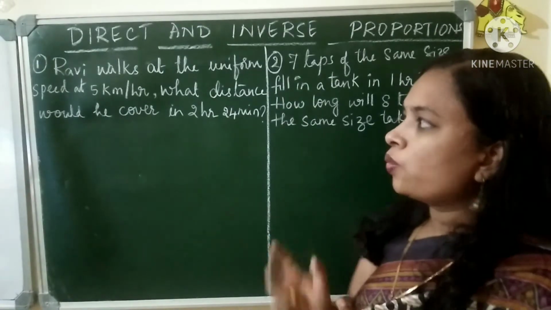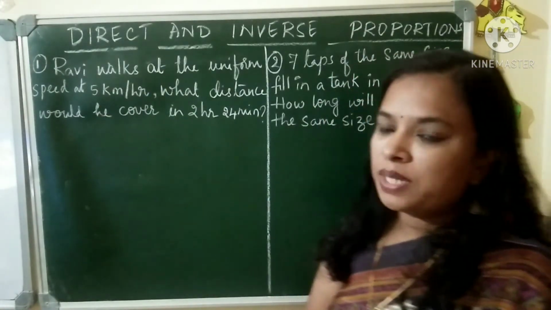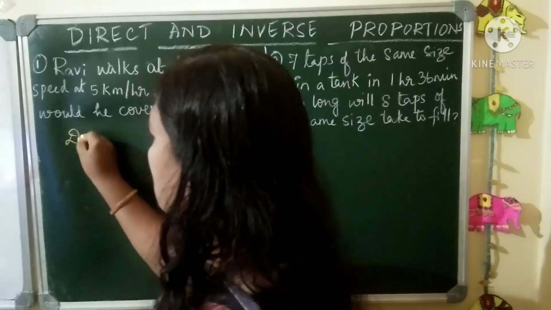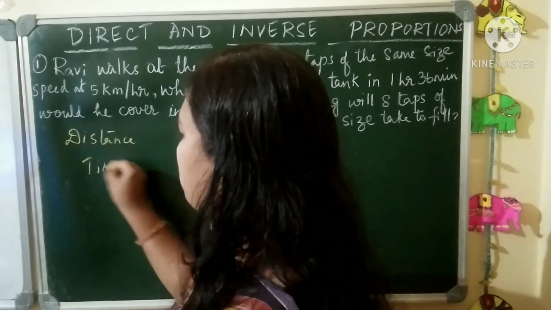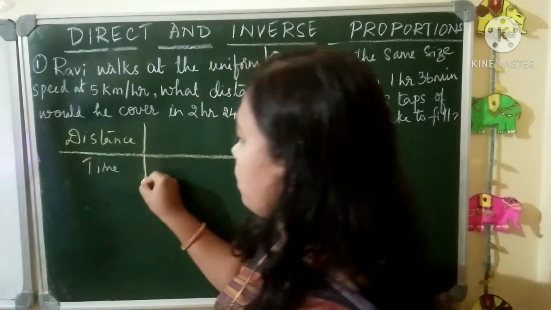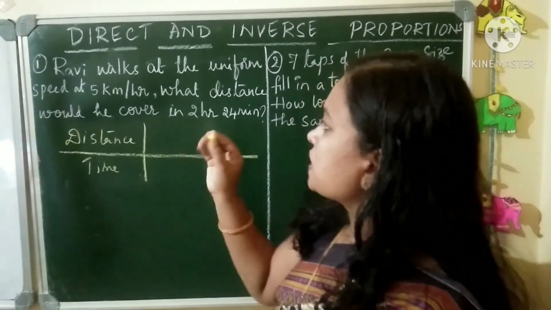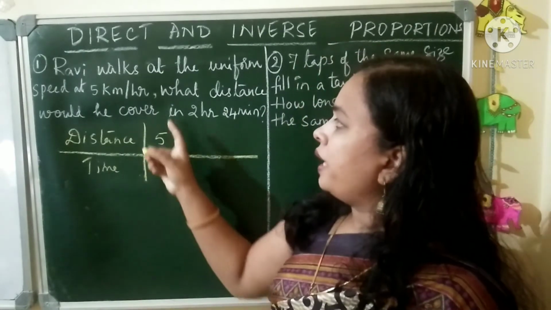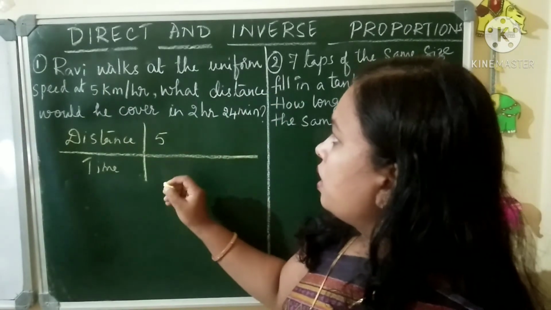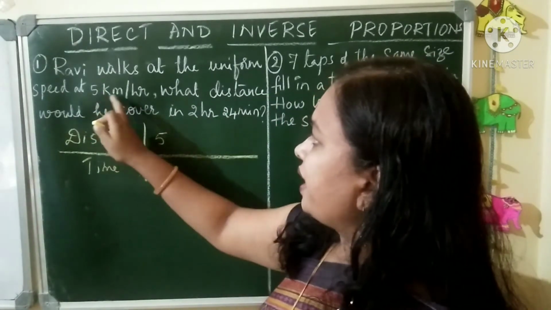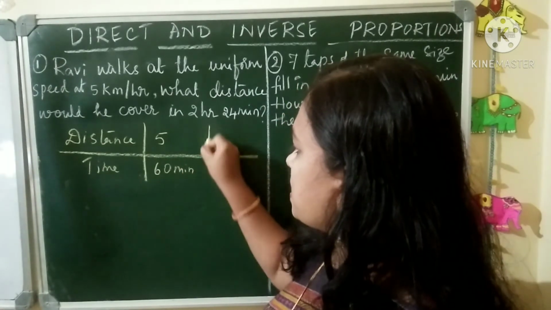So here the 2 quantities are the distance and the time. Speed is given, so that means it is the distance he is covering. Okay, so it is distance and time. So this you need to find out. Always draw a tabular column which will make you understand better. So now the distance covered is 5 km per hour. He is just traveling 5 km in an hour. So that is 60 minutes. We will write this as 60 minutes.